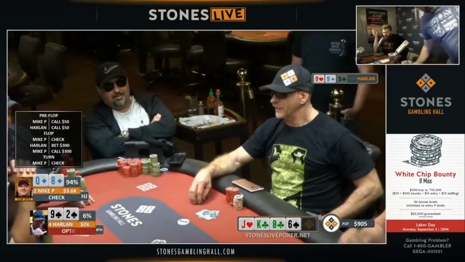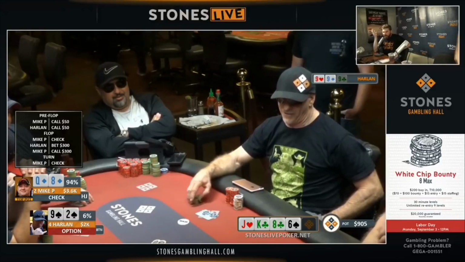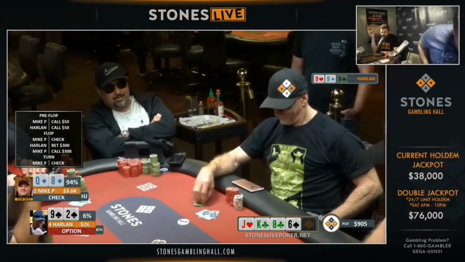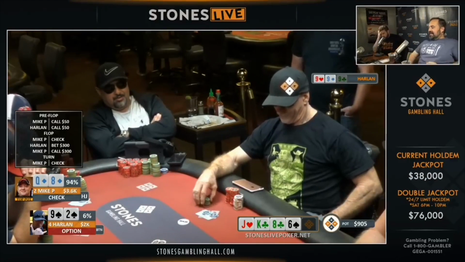Mike checks, and what is Harlan going to do now? Is he going to fire? How is Mike folding? Harlan has no choice. He can't check. He has no showdown value. He knows if he gives up, the hand is over. Mike's going to win. There's $900 in the pot. Good Lord, dude. Mike is just like...